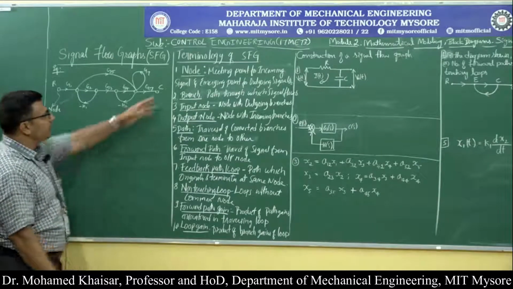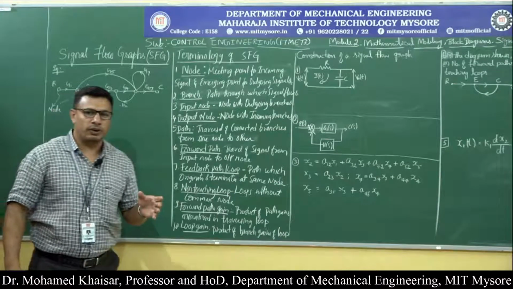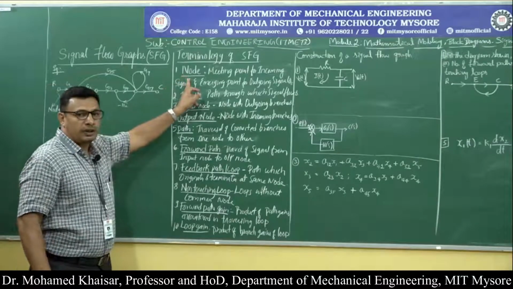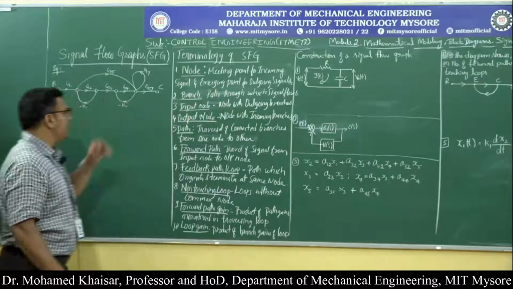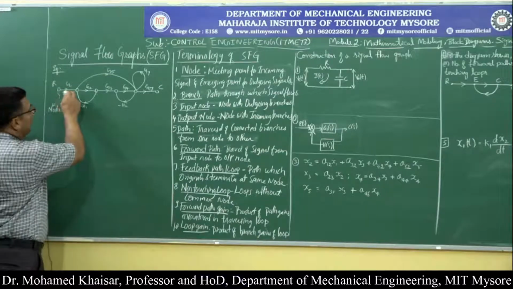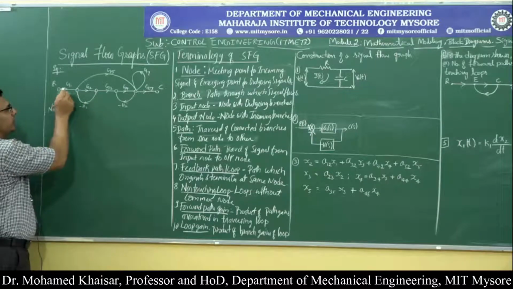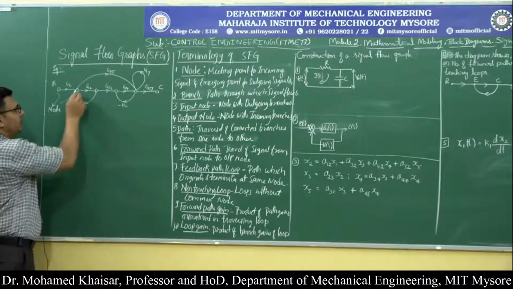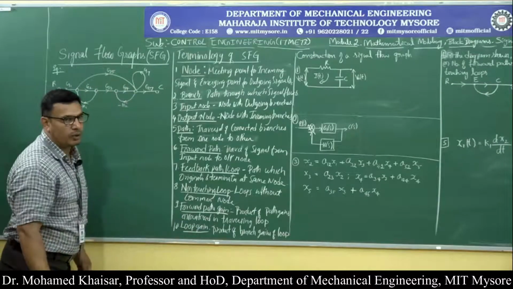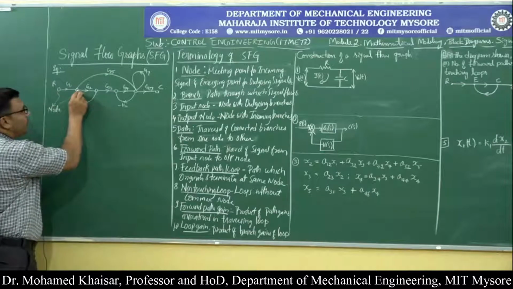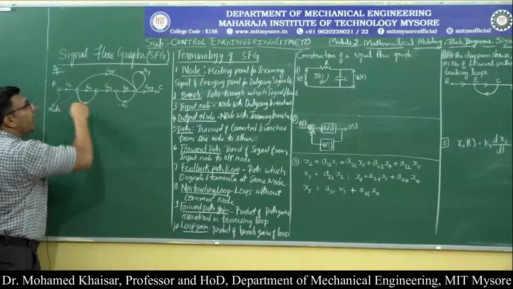Okay, that is what has been written over here. The first terminology that every one of us should know is the node in a signal flow graph. And what is a node? The definition is, as you can see over here, it is the meeting point. This signal is going and meeting over here. It is the meeting point for incoming signals as well as the emerging point for all the outgoing signals.